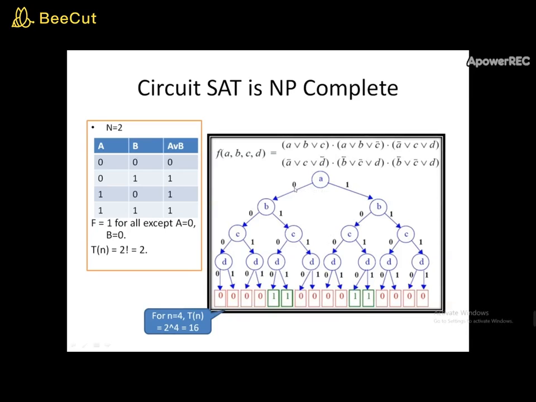So we'll start with A equal to 0 or A equal to 1. Then you'll come to B. For B again you check B is 0 or 1. So all the combinations, like you have 1 here. For 2 inputs, the combination is 2 to the power of 2, that is 4 different outputs you get. And among the 4 outputs, you'll check which are the outputs that are satisfiable. In this case, in the left hand side table, out of the 4 combinations, the outputs that are satisfiable are 3 combinations.